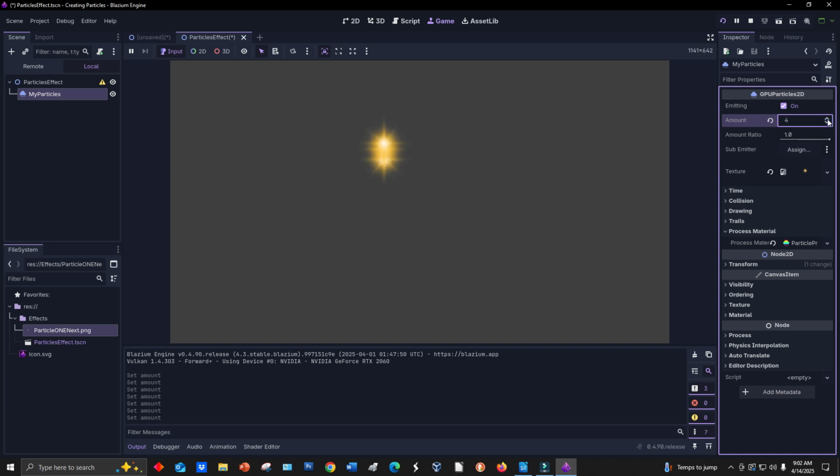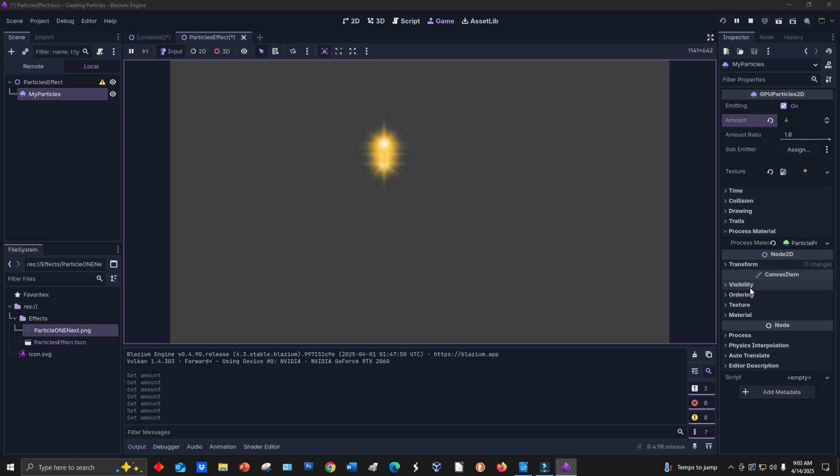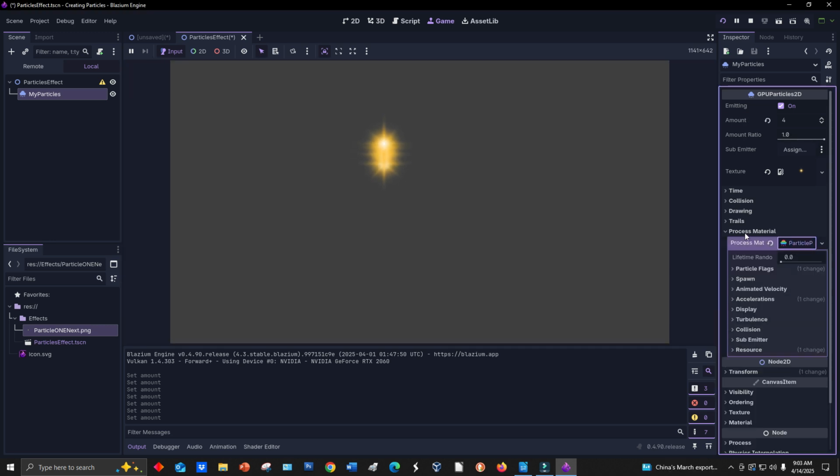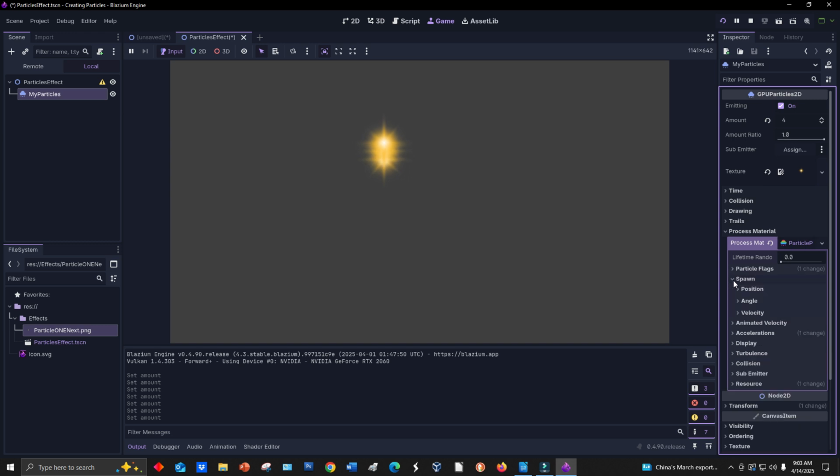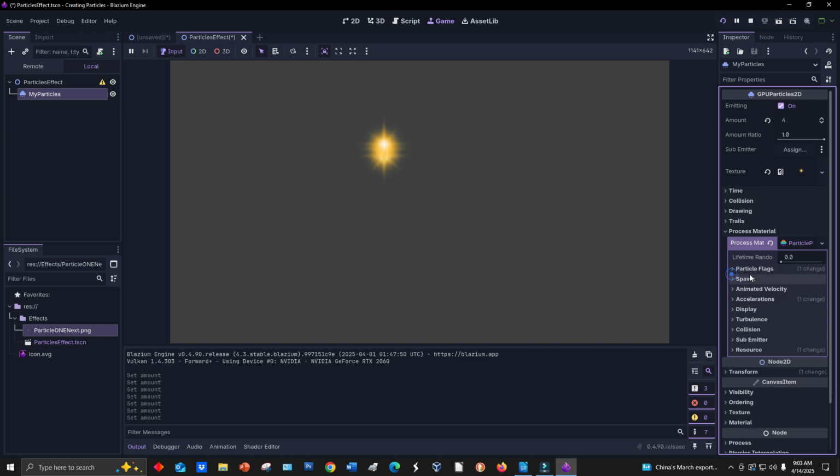So I'm just going to put 4, right? Now let's look underneath the particle, the process material. If we look underneath there and go underneath spawn, you'll see velocity, and then you'll have the inherent velocity. There's something else that I'm looking for. It's not that, not velocity, and it's not spawn. I'm looking for acceleration. So underneath acceleration, you're going to see gravity, and you'll see that you have your gravity